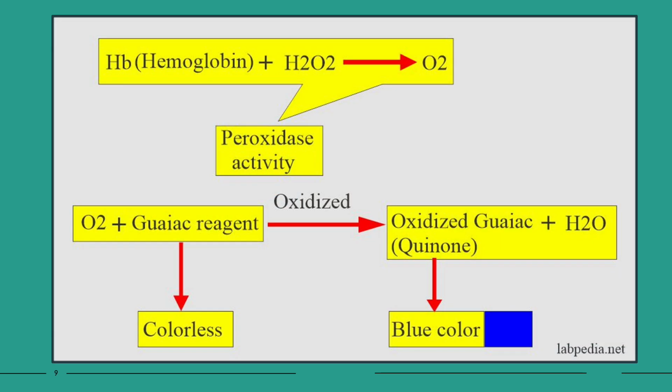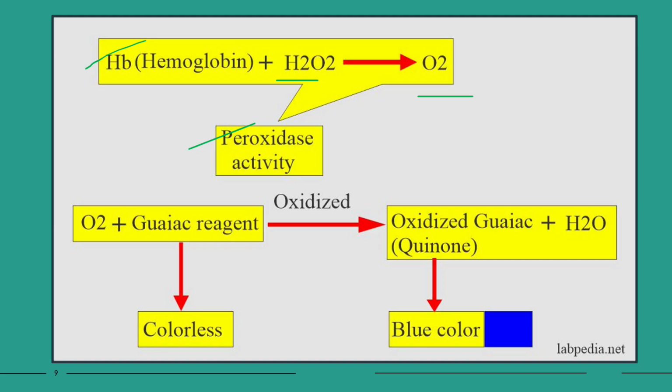So here is a simple diagram that shows the principle of the fecal occult blood test. The main molecule that we are looking for is hemoglobin, which is a molecule present on your red blood cells. If red blood cells are present, then of course this indicates bleeding in the stool sample. If hemoglobin is present, it has a peroxidase-like activity that hydrolyzes our reagent H2O2 or hydrogen peroxide. If hydrogen peroxide is hydrolyzed, it will release oxygen and water in the process.